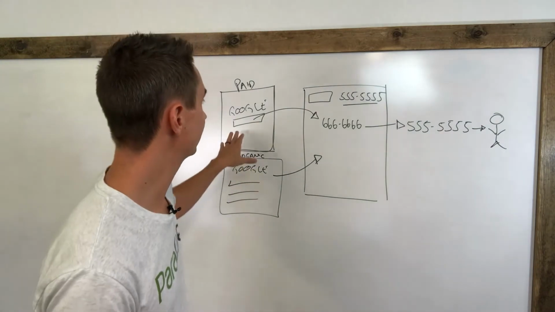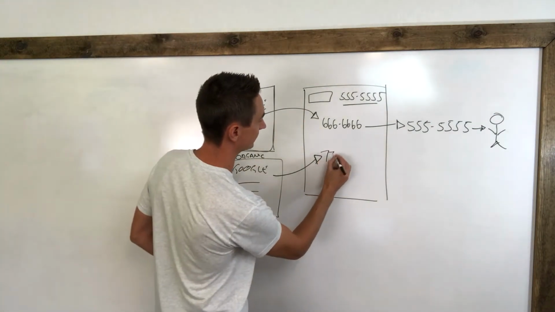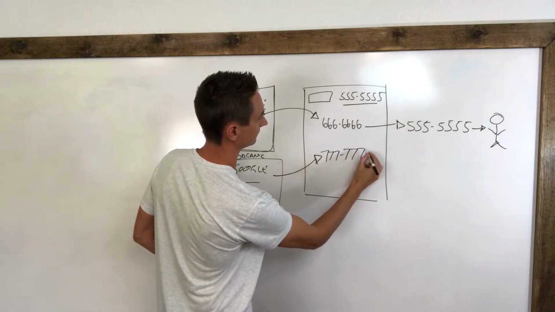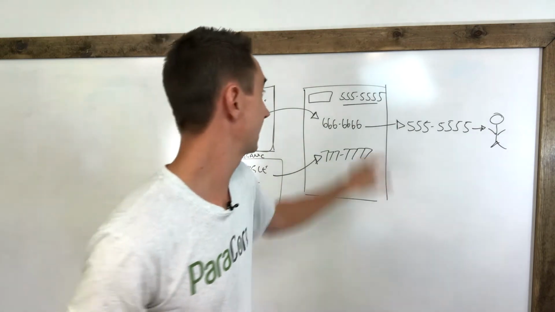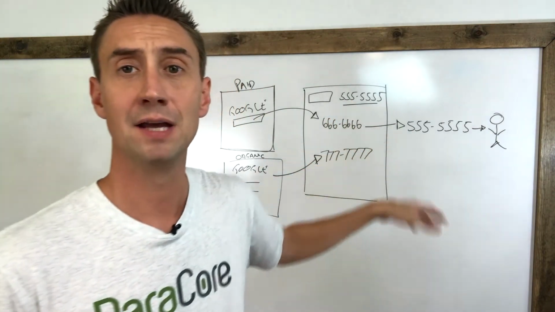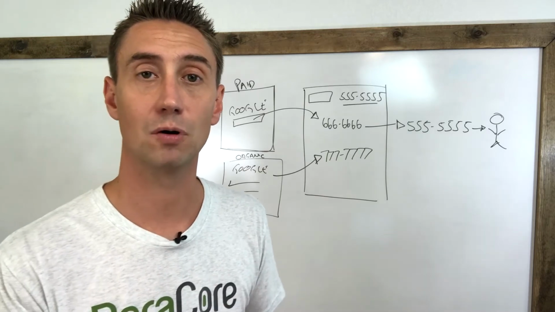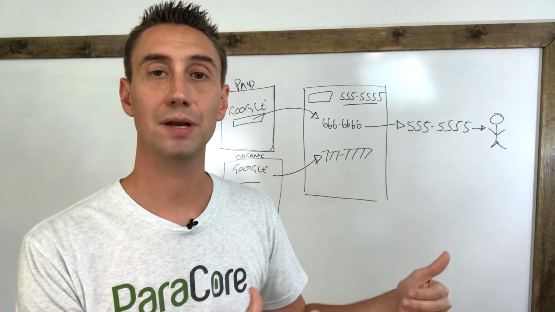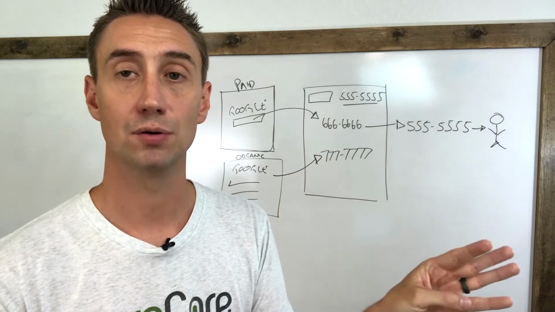So we might have someone coming in from Google and someone coming in from organic, and this person from organic is going to see 777, and the person from paid is going to see 666, and then the person that goes direct might see 555. All of these people are going to be seeing different phone numbers, and then within the CallRail platform, you can see how many calls came from organic, how many came from direct, paid, social,